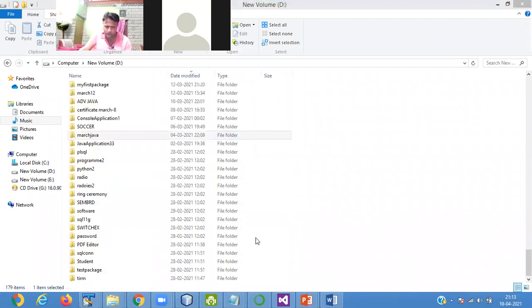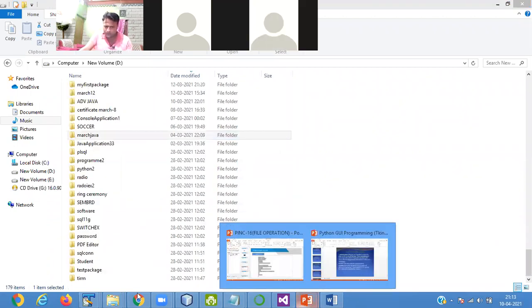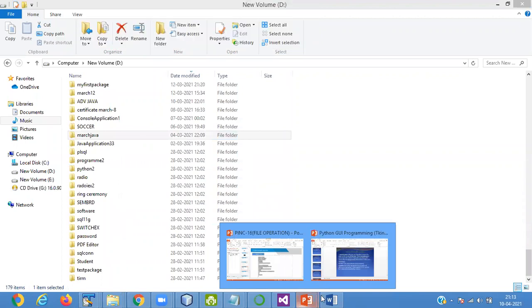Just a minute only. So how to create a menu? First, you write menu button. What is menu button?